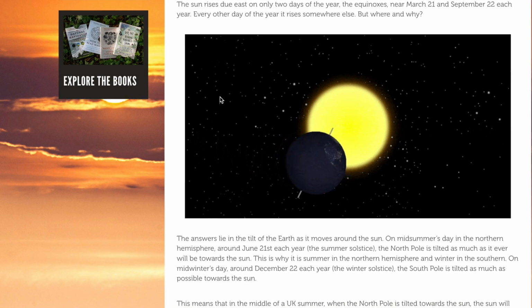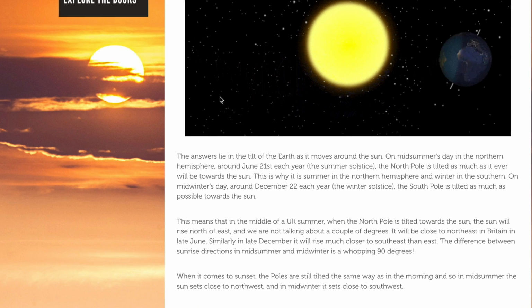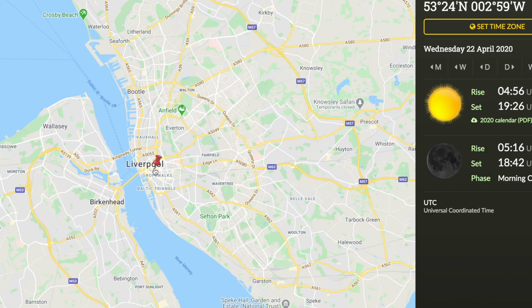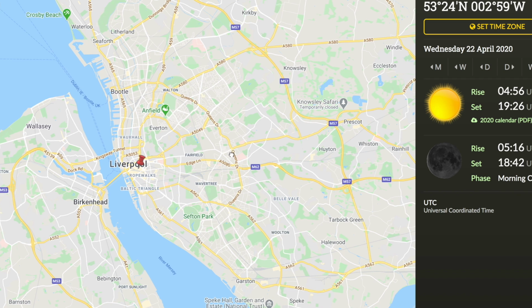pictures. The first thing you need to be able to do is calculate where the sun's going to be and what time it goes up and down. So you can look on the internet or just literally a simple search on your phone, or you can use weather apps as well to find out when sunrise and sunset is going to be. Now if you're going to go for sunrise, that takes some serious commitment this time of year. It's probably going to be about 4:30 in the morning. Then sunset is probably going to be more 7, half 7, but you want to pinpoint what time that's